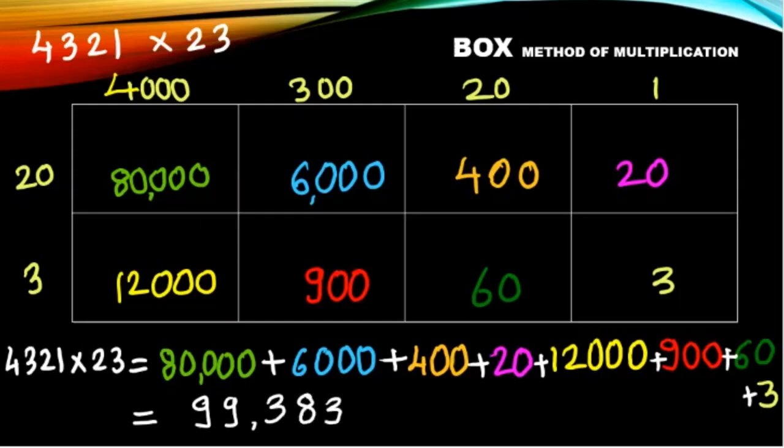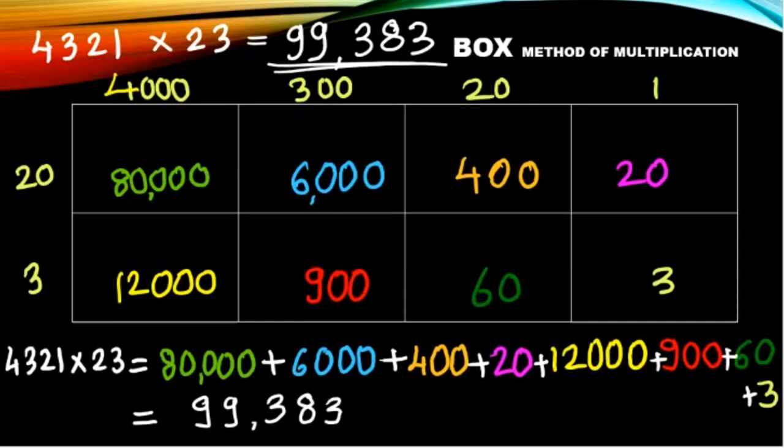99,383. So children, here in box multiplication method we got the answer 99,383. I hope children box method is clear to you. Now let us go for the next method,